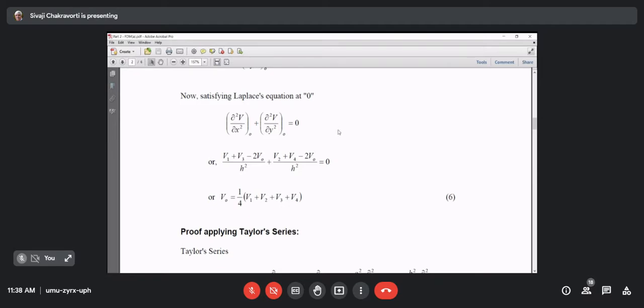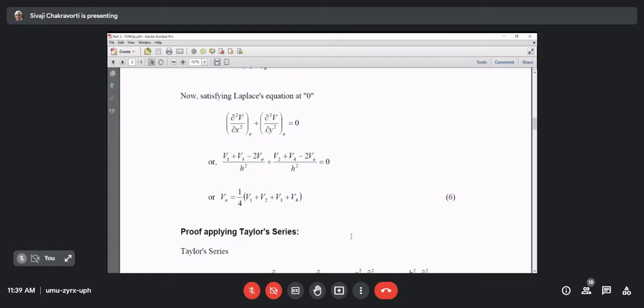See, we are solving Laplace's equation, which is a second order partial differential equation. But we have reduced it to equation 6 by FDM methodology. And equation 6 is a very clearly linear equation, and it involves only electric potential, which is a scalar quantity. So therefore, equation 6 is a linear equation involving only scalar quantities. That's the beauty of the mathematical derivation proposed by FDM.